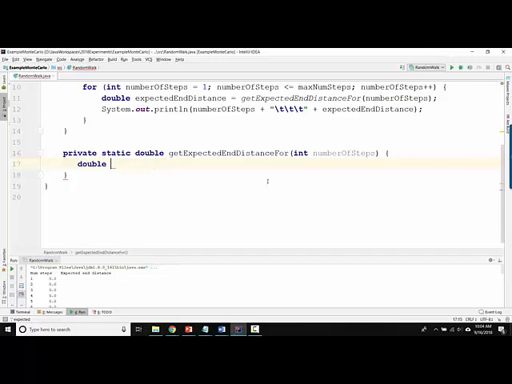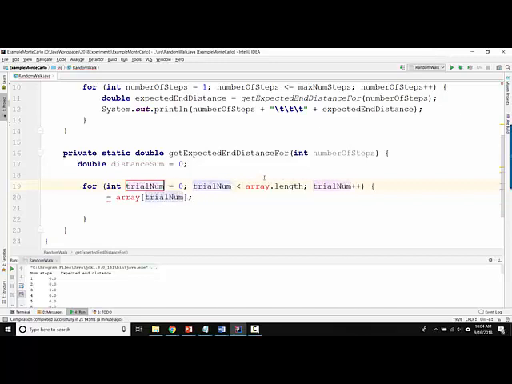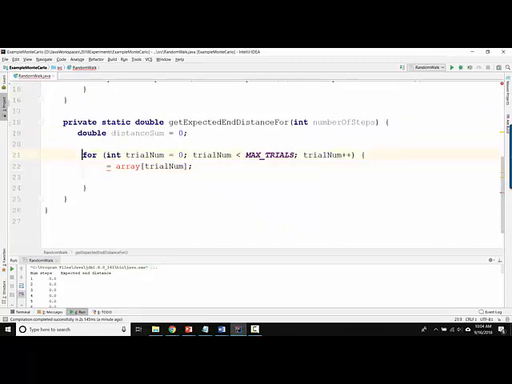Well, we'll do that at the end. So I'll have distance sum start at 0, and now let's have a loop for trial number, and the trial numbers are going to go up from 0 to max trials. And I'm going to make this a constant. I could pass this in as an input, but I'm feeling it as a constant right now. So let's have 1,000 trials. That might not be enough, but we'll see. So I'm going to run 1,000 tests, and inside each test, what I'm going to do is